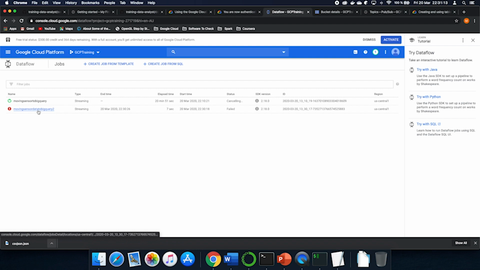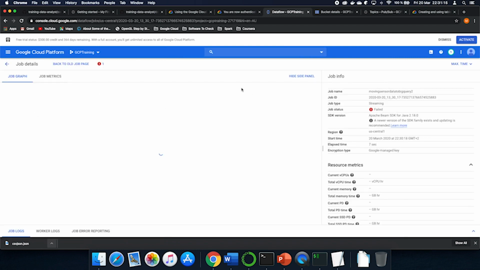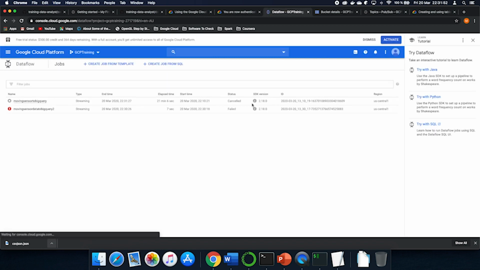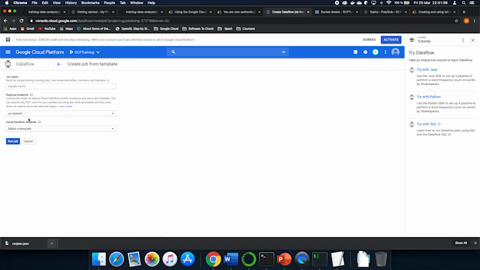It seems it has a problem creating the pipeline, so we have to try again, because it was a problem of quota. Maybe it was canceling. It's still canceling this, so let's wait for this to be cancelled, because we have limited quota basically. Okay, it's cancelled now. Let's try again. So third try. That's the beauty of this work.